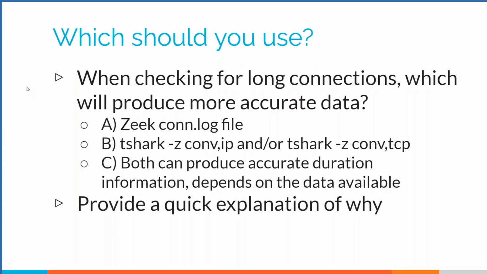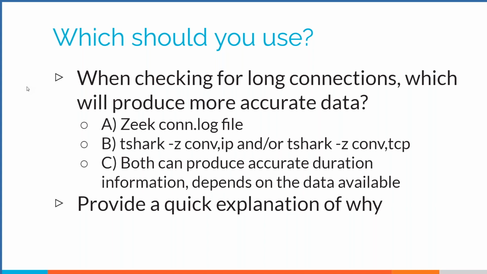All right, here's another one. We need to check our network for long connections. In other words, we want to see, are any of our systems in constant contact? They never close the connection down with systems out on the internet. What's going to give us the most accurate results for that? Will it be A, Zeek in the conn.log file that Zeek creates, B, T-Shark with its summary conversations that we can create with the -z switch, maybe summarizing based on IP or TCP or both, or C,